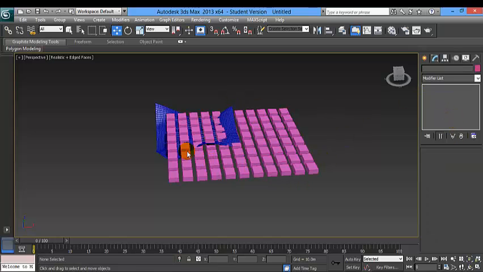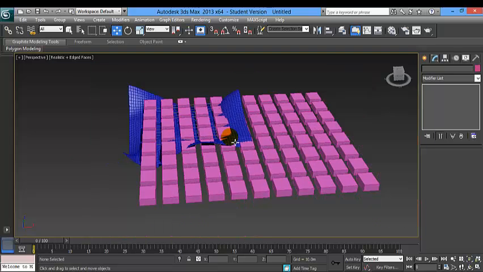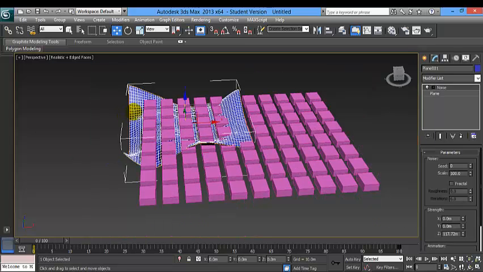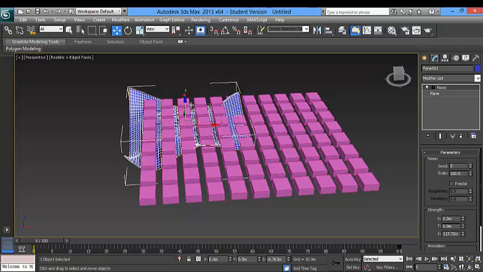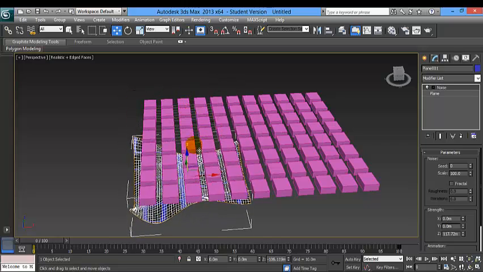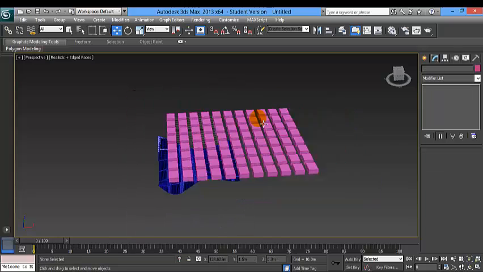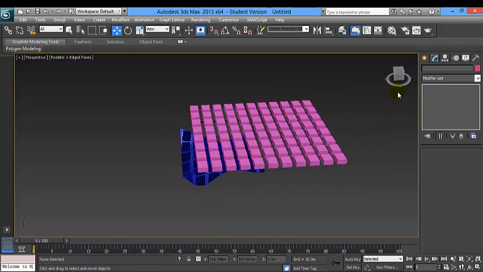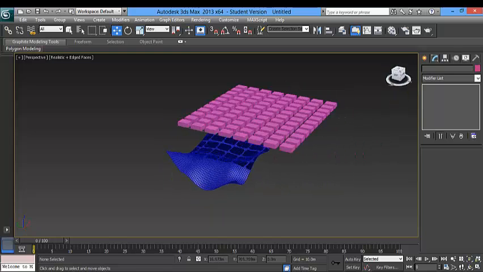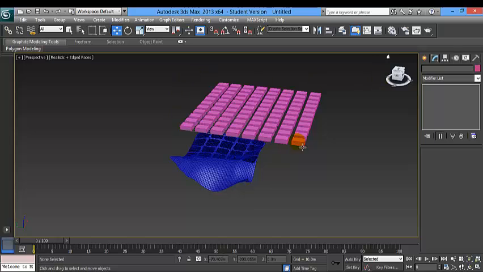Okay, so now I will move this a little bit down the map just to have these things clear.